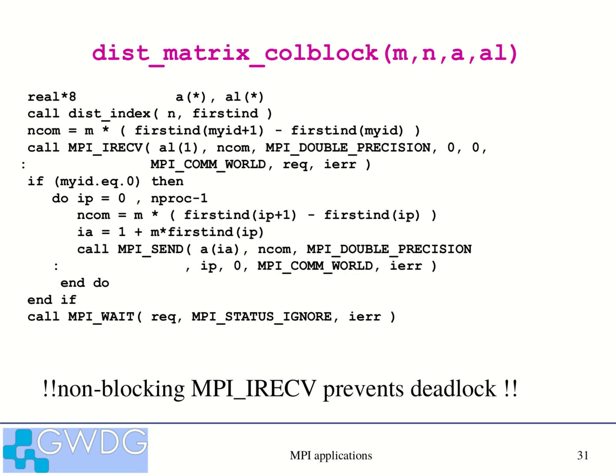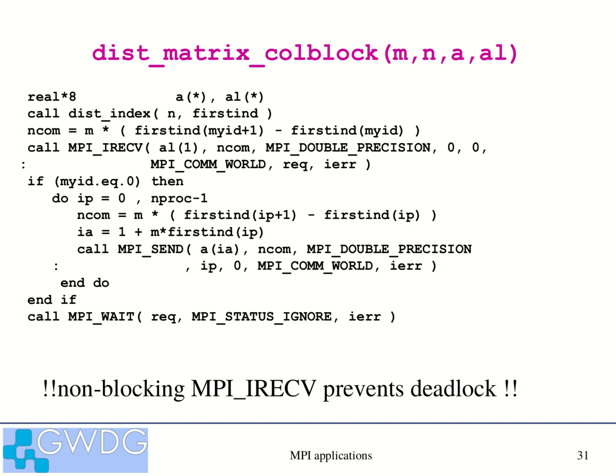So these are sent by process 0. They are received on all processes just in their local part, starting at the address 1 of the local